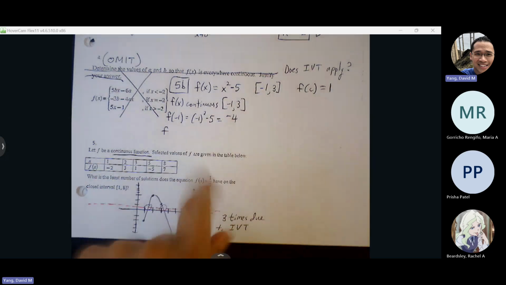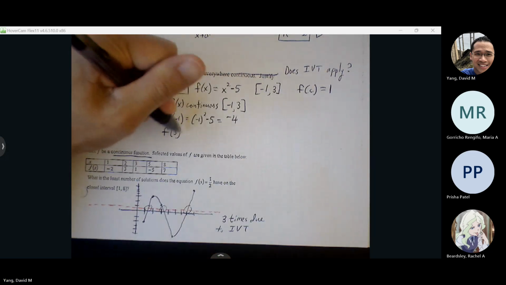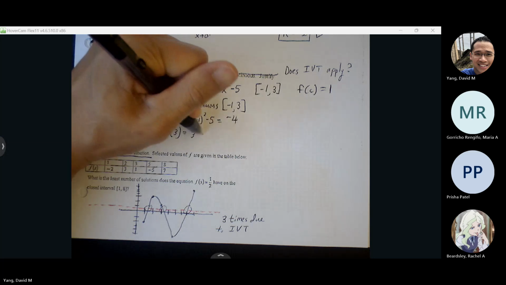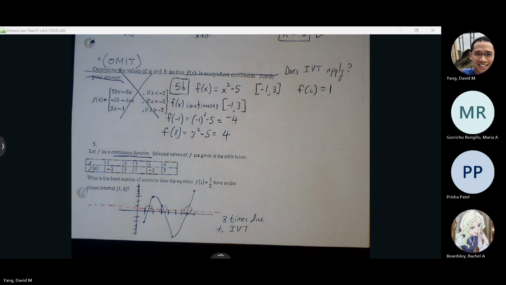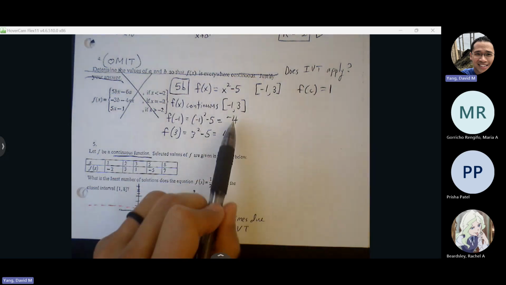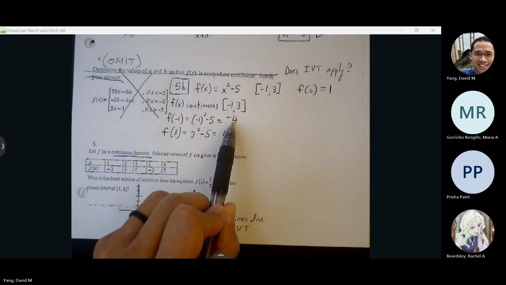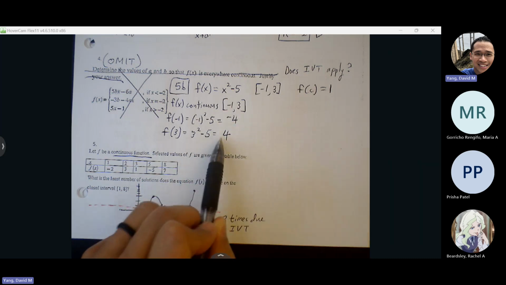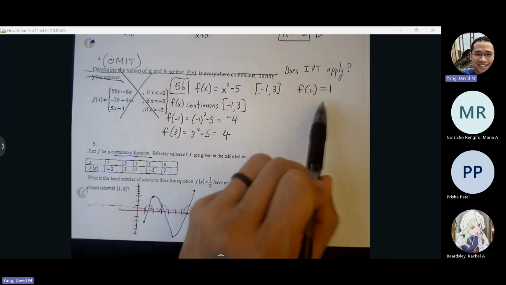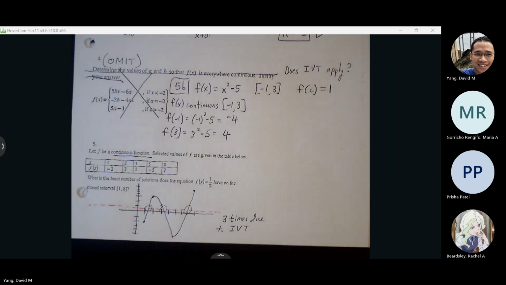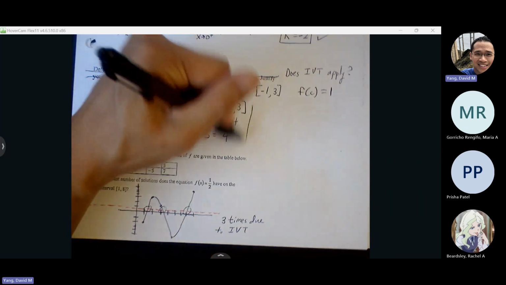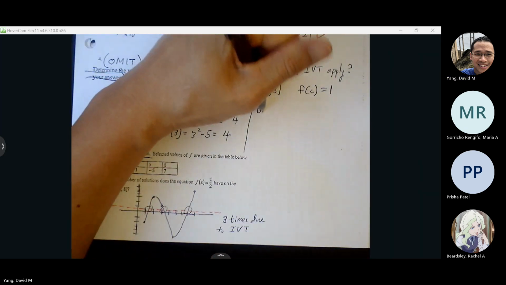So we're hoping that 3 will produce a value above. And we get it, right? We start off below 1 at -4, and we rise up all the way to y value 4. And in this path, it's got to pass through y value of 1 at least once. So we can say by IVT,